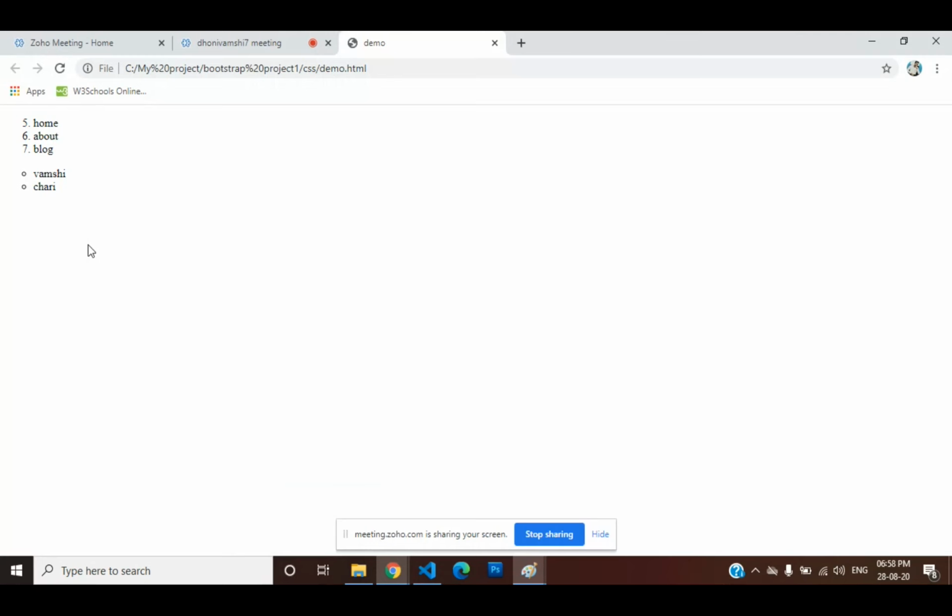Now coming to the definition. The elements which are present within an element are called a nested ordered list. We will go through one example for nested ordered list.